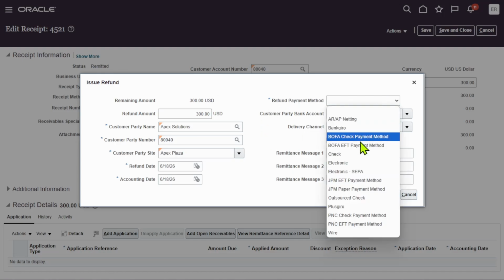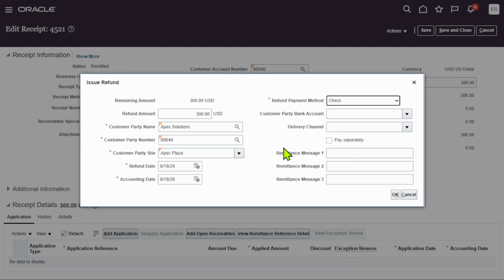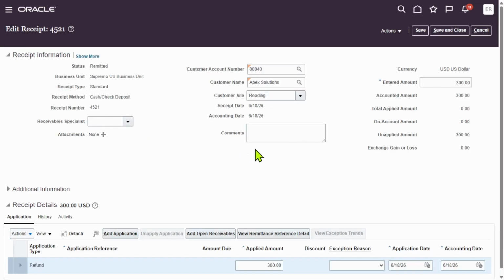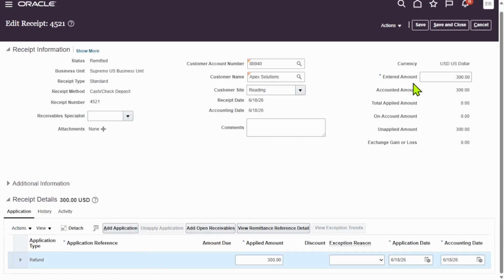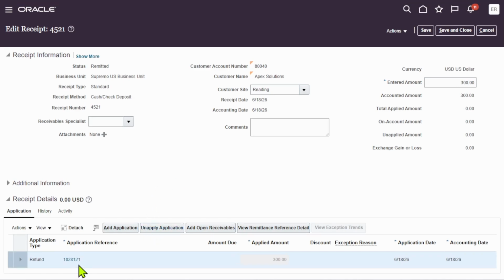Now what is the refund payment method? With which payment method you want to pay? Let's go with check. Now click on OK. Click on save. Now this is the payables invoice number. Copy this invoice number. Now if you click on this application reference,